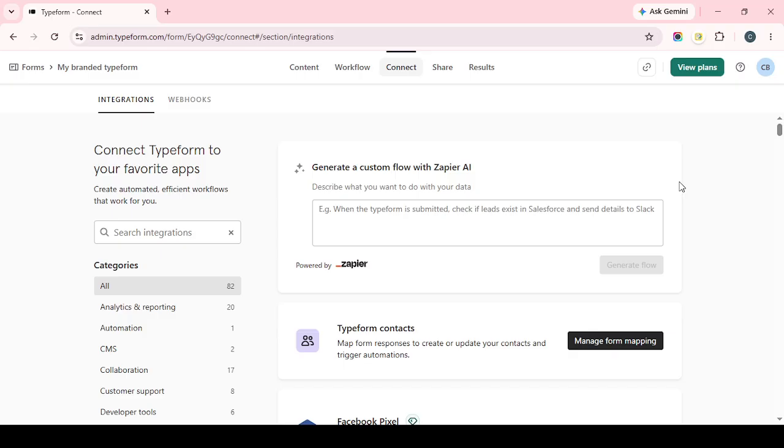And that's it. You've connected your Meta Pixel to Typeform, added your Pixel ID, mapped your standard events, and saved the